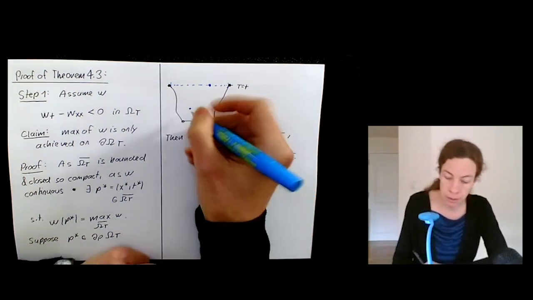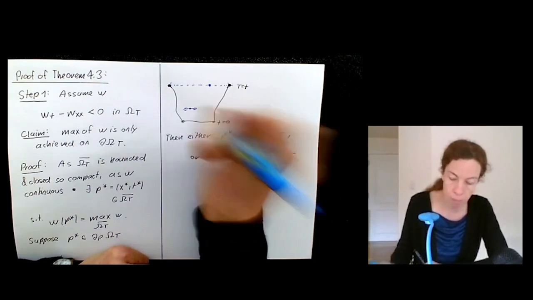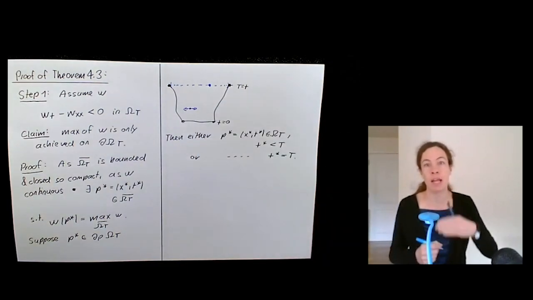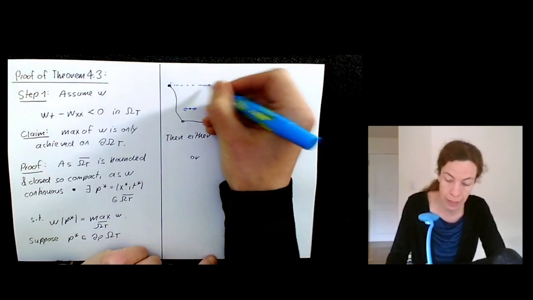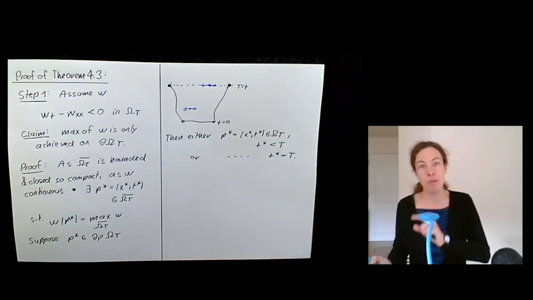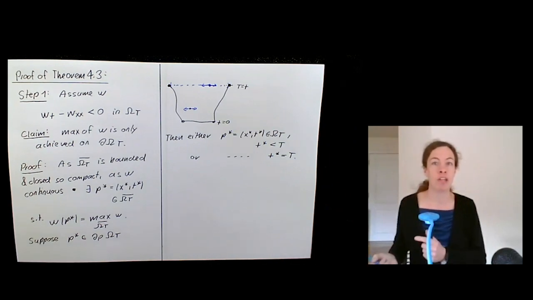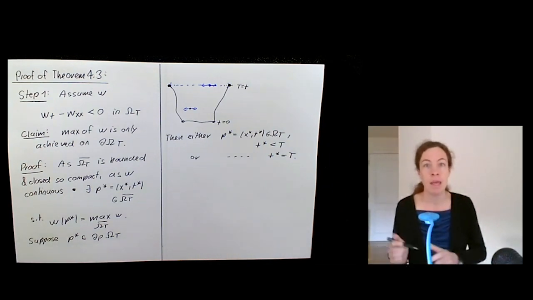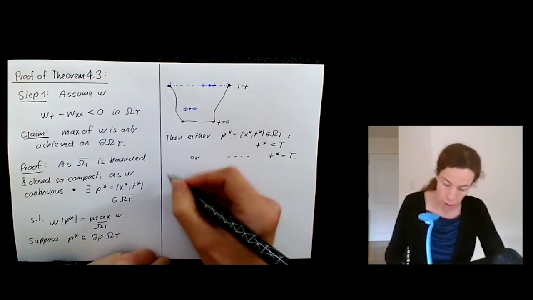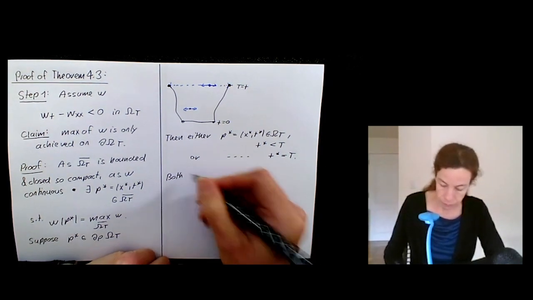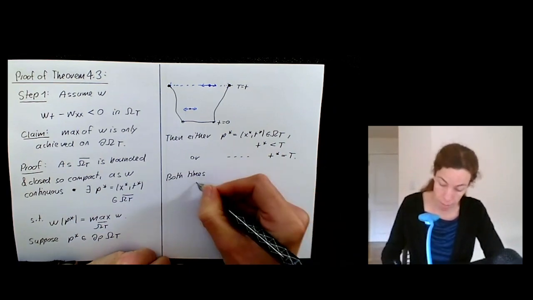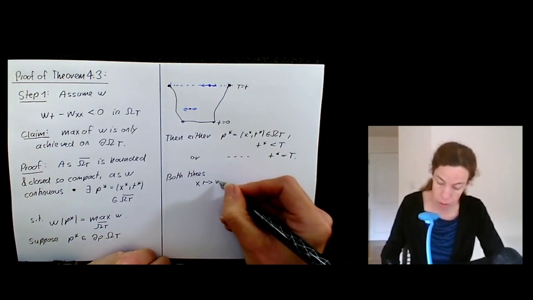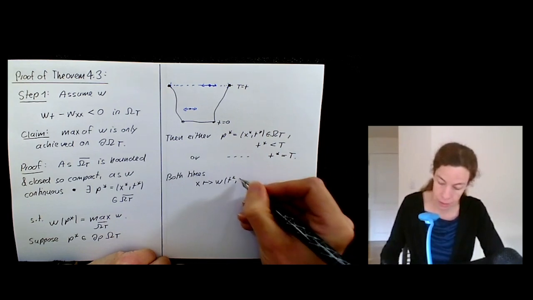So because I'm in the interior here, I can of course move both in X direction and T direction, at least for a little bit. But up here, I can only move freely in X direction, and I have to be more careful in what direction I can move with respect to time. But in both situations, what I can do is I have that the map that takes X to W of T star, X